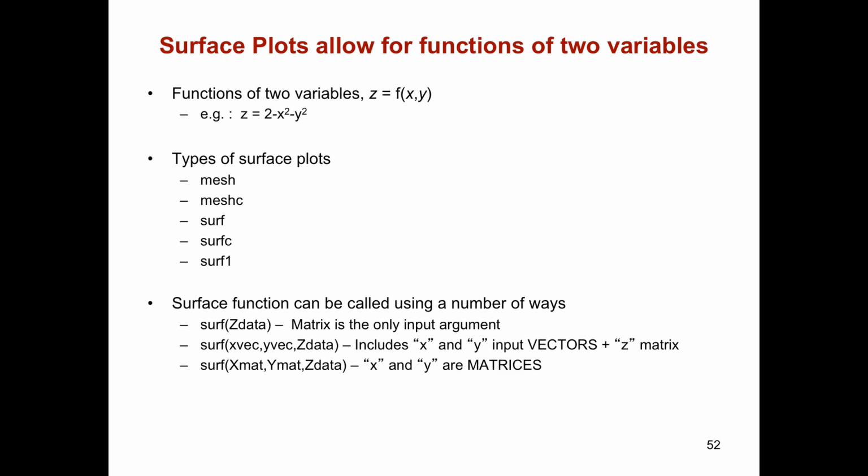So let's analyze that a little further. So this is the function. Function could be anything. It could be, for instance, 2 minus x squared minus y squared. We had the different example before. So the functions that you would be using in MATLAB are mesh, meshc, surf, surfc, and surfl. We will exemplify surf first. And the way they work is that you could either have just z data. Let's say that we're calling that elevation, z. And since it doesn't have x and y for that z data, MATLAB will simply come up with values. Okay? So it will put for x and y points between 1 and the number of points on each axis. Okay? So let's try to